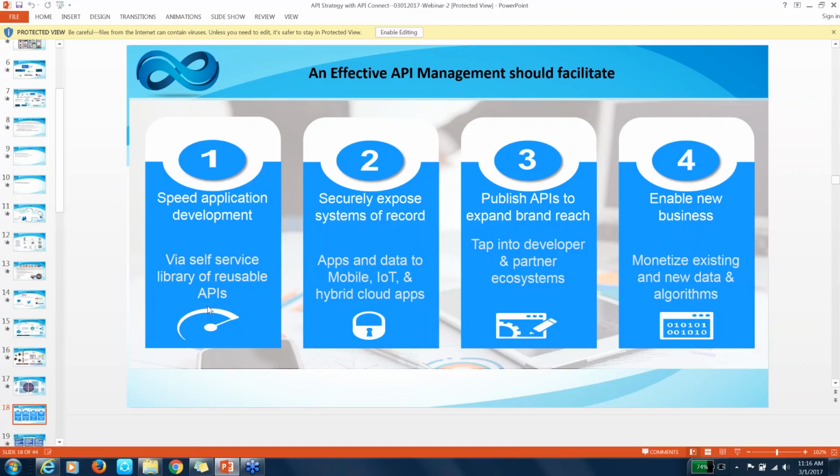And not only that, this effective API management solution should also facilitate the monetization of these APIs, like being able to track and analyze how the APIs are being used, which APIs are in demand, and how we productize these APIs. So an effective API management should facilitate all these four key areas